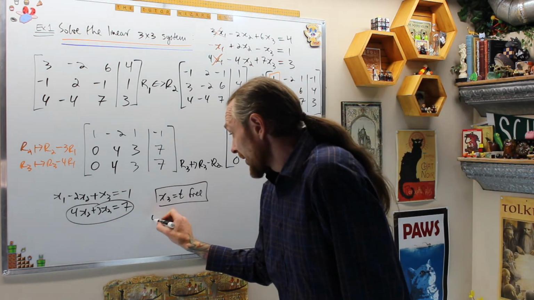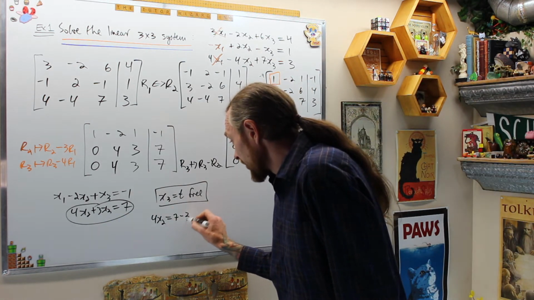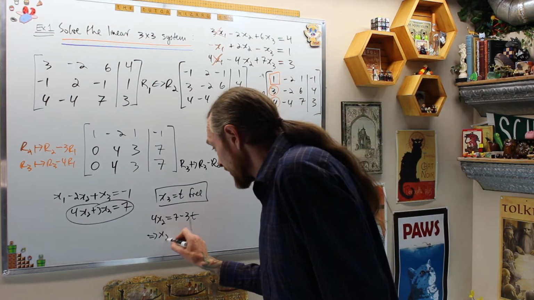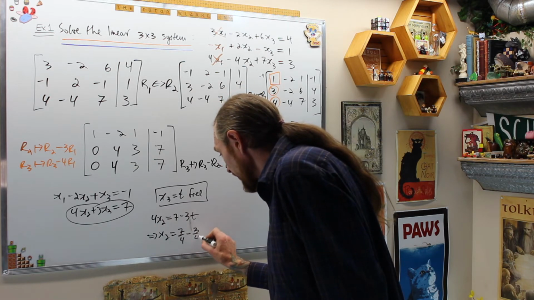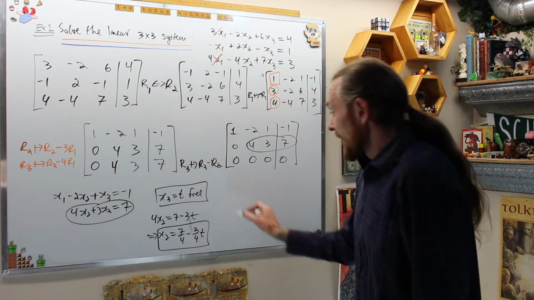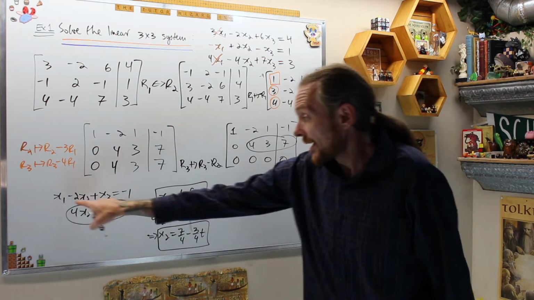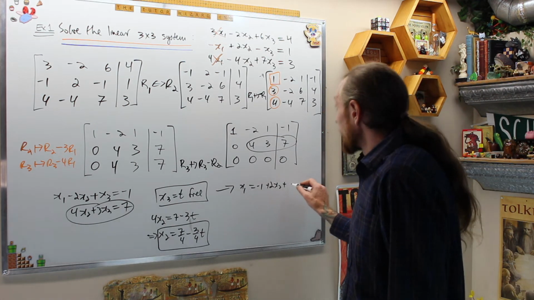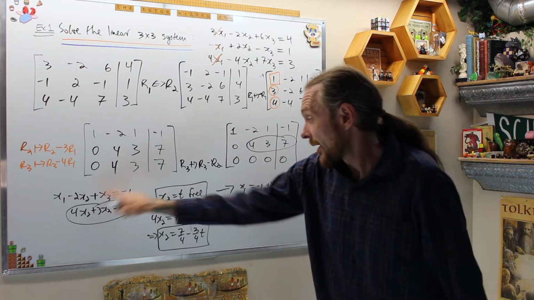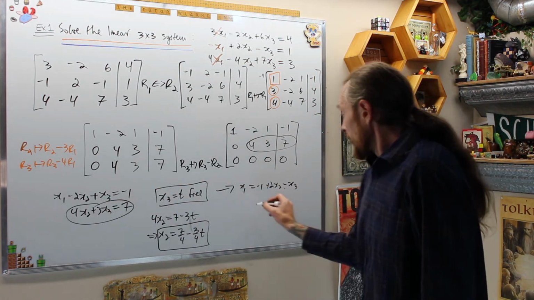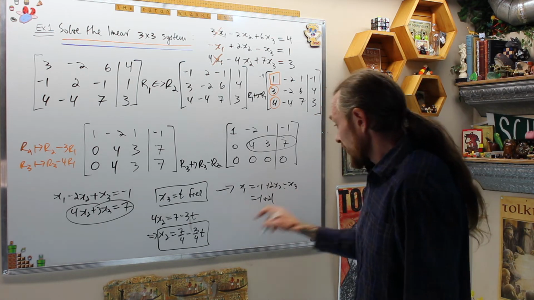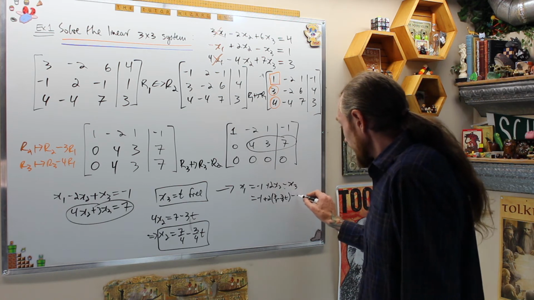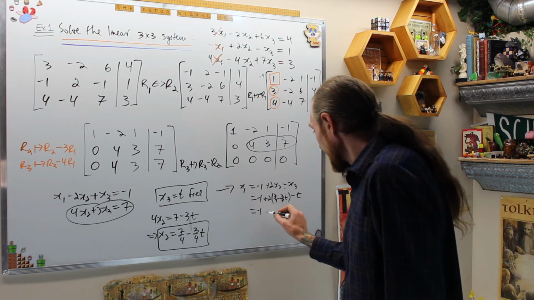From this equation, this immediately says 4x2 equals 7 minus 3x3, which is t, or x2 is 7 over 4 minus 3 over 4t. Then the last equation says x1 is -1 plus 2x2 plus x3, or sorry, bringing it over, minus x3, which gives me -1 plus 2 times x2, which is 7 over 4 minus 3 over 4t, minus t. So that gives me -1 plus